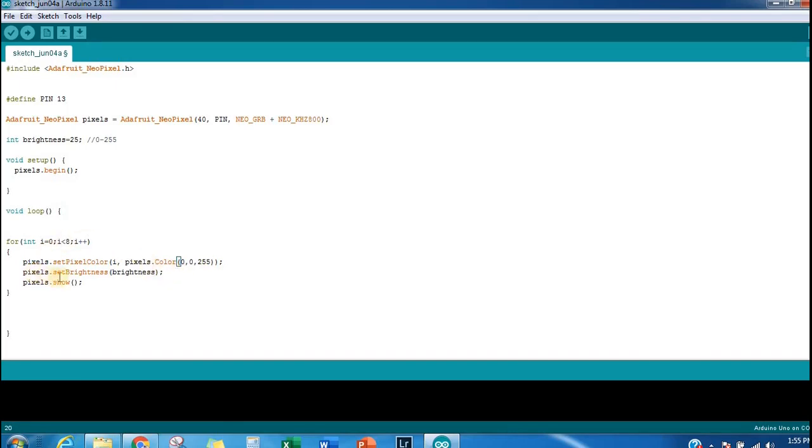The next line is where we set the brightness. setBrightness is the function name, and we pass the brightness value of 25 to this function. The final line is where we show the pixels. That means we light up the pixels with this line.